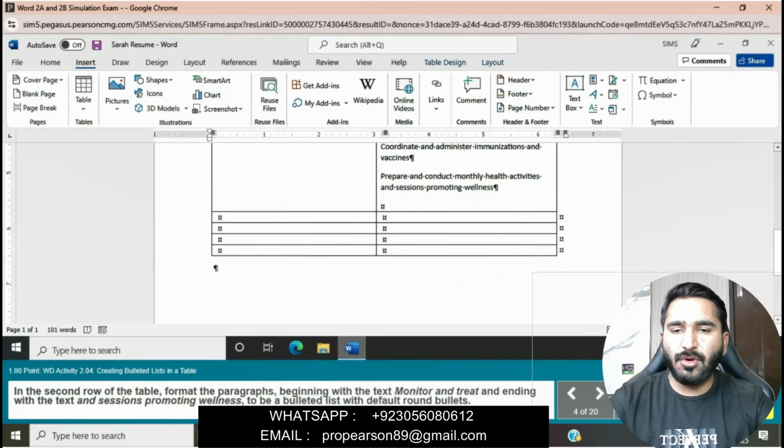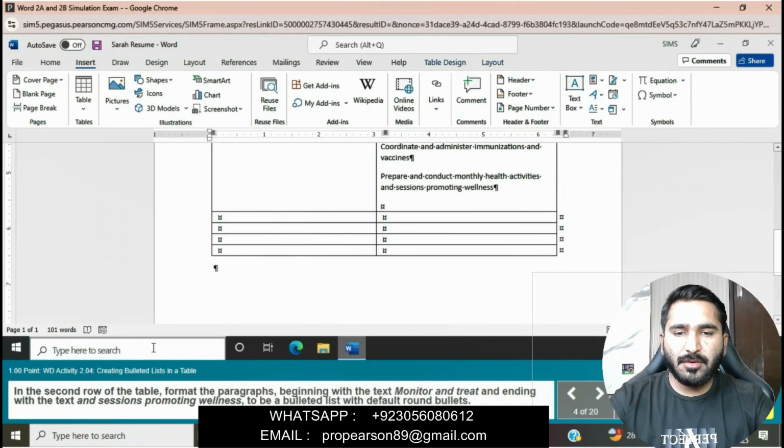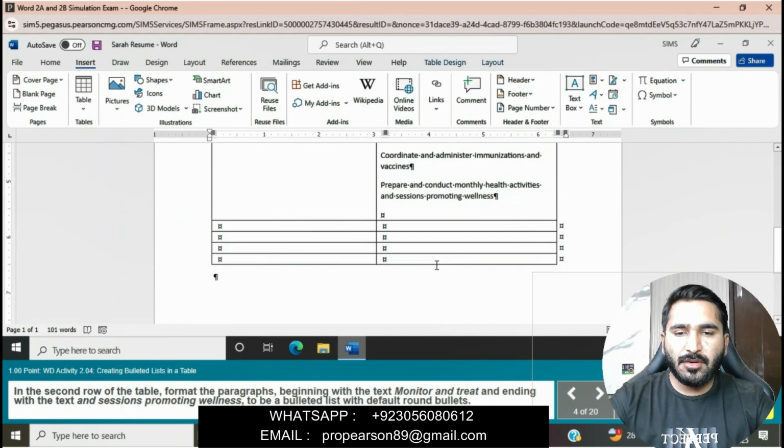In the second row of the table, format the paragraphs beginning with the text Monitor and treat and ending with the text and sessions promoting wellness to be a bulleted list with default round bullets. You can read this.